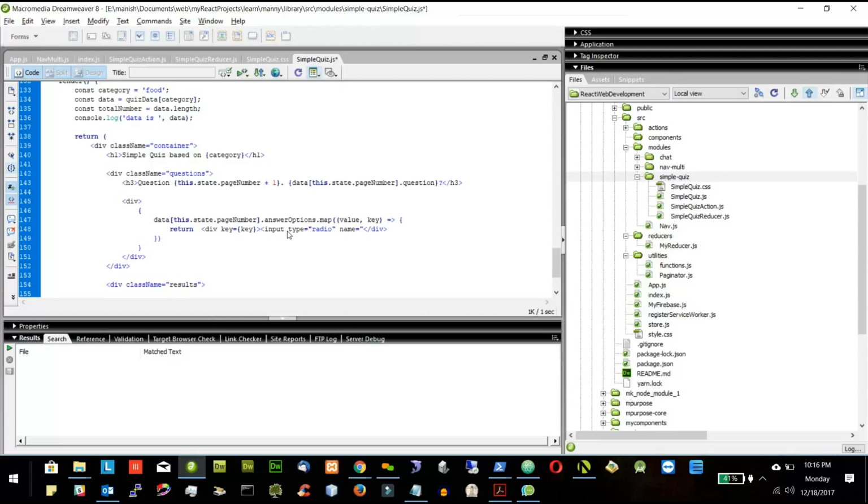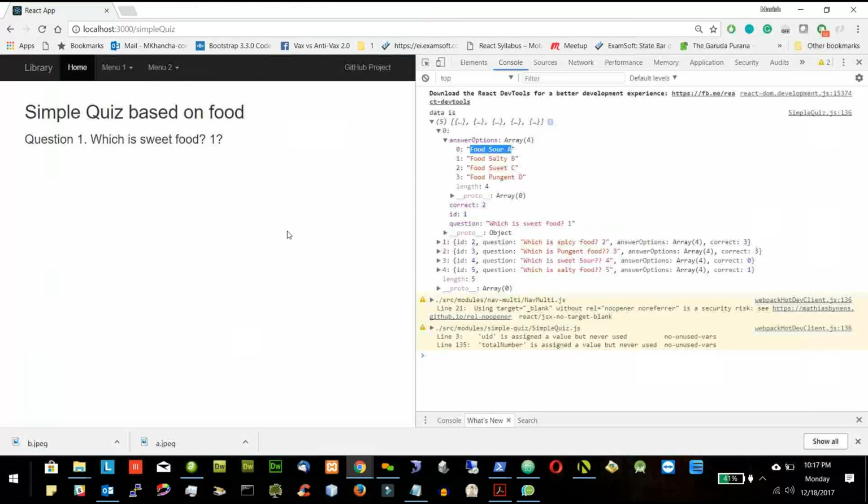The name I can give as options, anything I can give, and value will be equal to the key, because I have to say 0 in the memory. Though I have to display this part to the user, but in the memory I have to keep 0